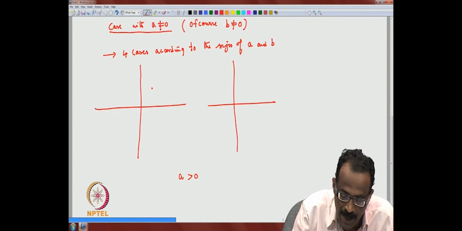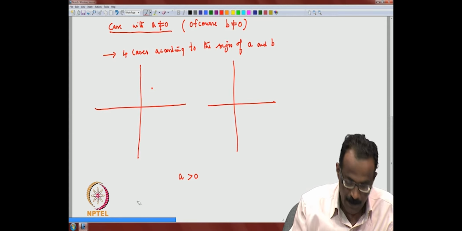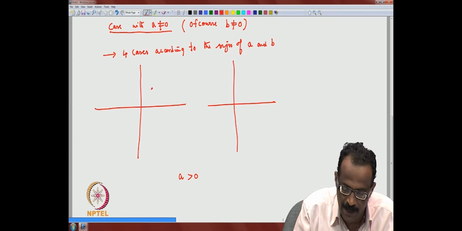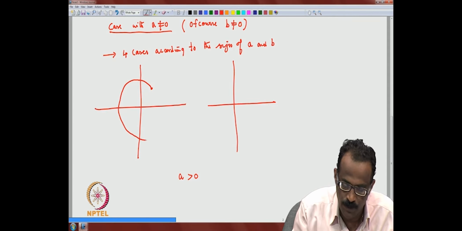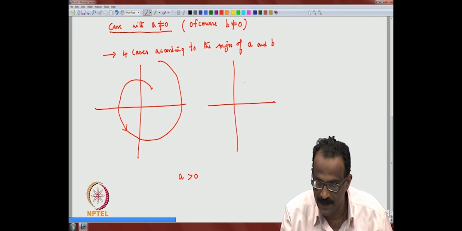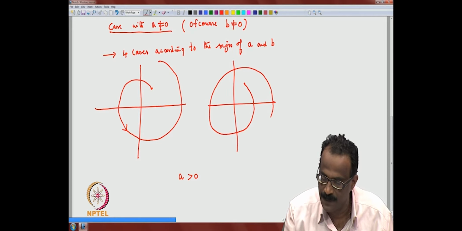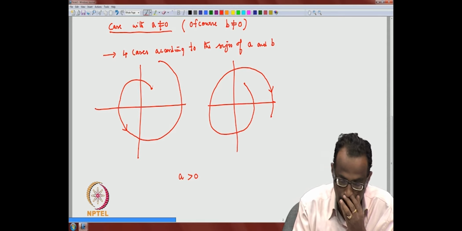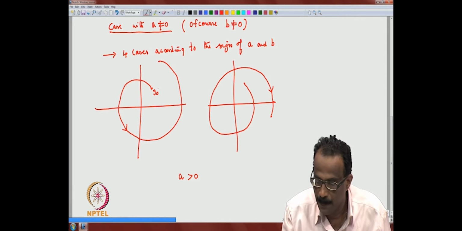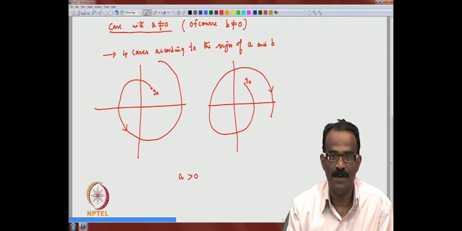So one possibility is that it will take an anti-clockwise direction and the amplitude will go to infinity, so your arrow will be something like that. The other situation, again the amplitude is increasing, it can go clockwise. See, it is going to infinity. So this is your situation with y naught, this is the y naught here. The only thing is that one will be for B negative, one will be for B positive.